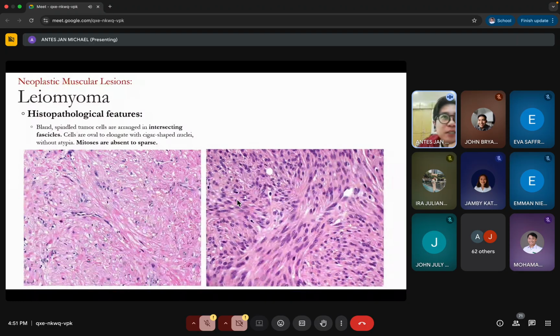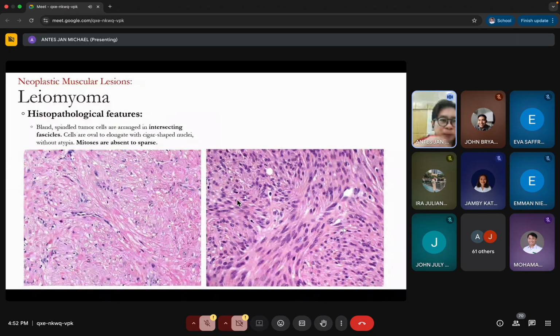What you can see under the slide is that leiomyoma is grouped into fascicles. Fascicles are grouped together according to direction. There are longitudinal sections and also cross-sections. Just imagine that this section here is going towards you, and this section here is going in this direction. This is one fascicle right here, this is another fascicle, and so they are grouped into bundles of fibers.